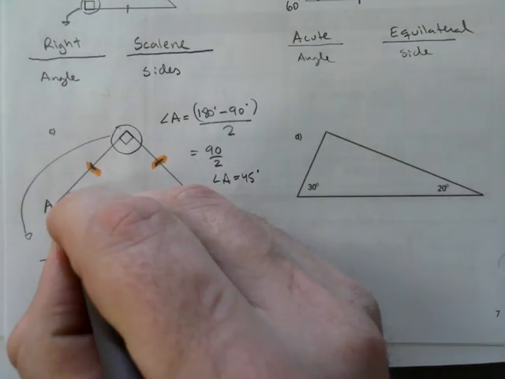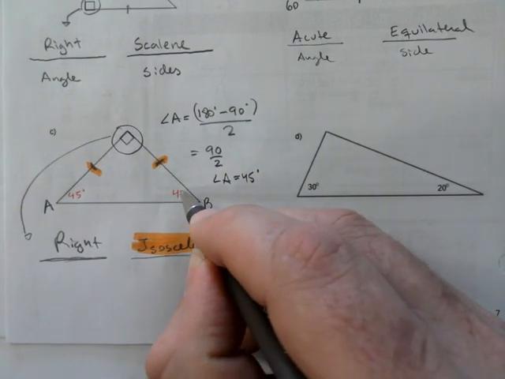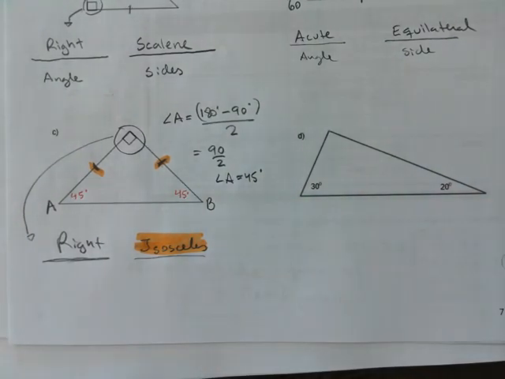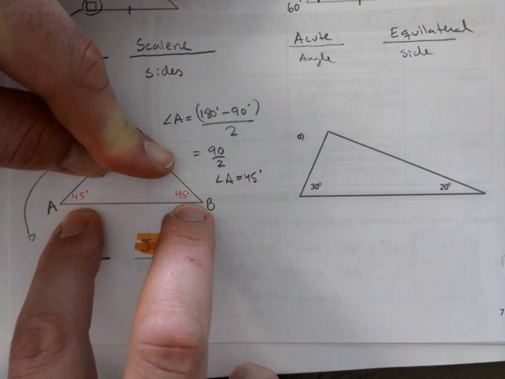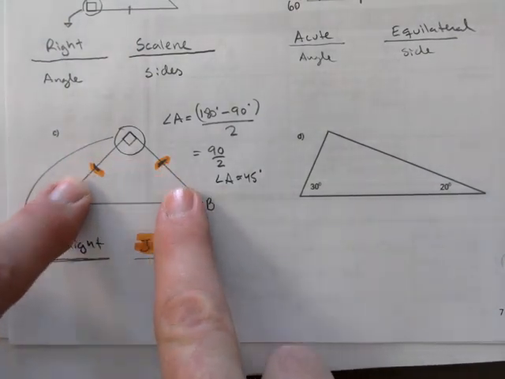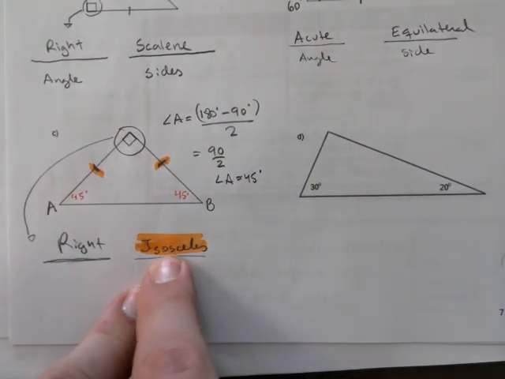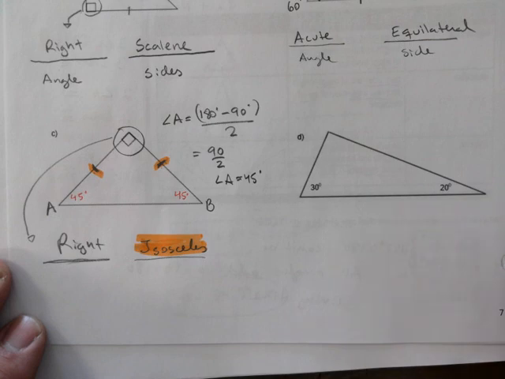So I know this is 45, and I know this one is 45 as well. So let's say the markings had not been there, right? Just the 45s. You still can make the conclusion that the sides across from them are the same as well, since the angles are the same. So it's isosceles no matter what. Okay. Next,